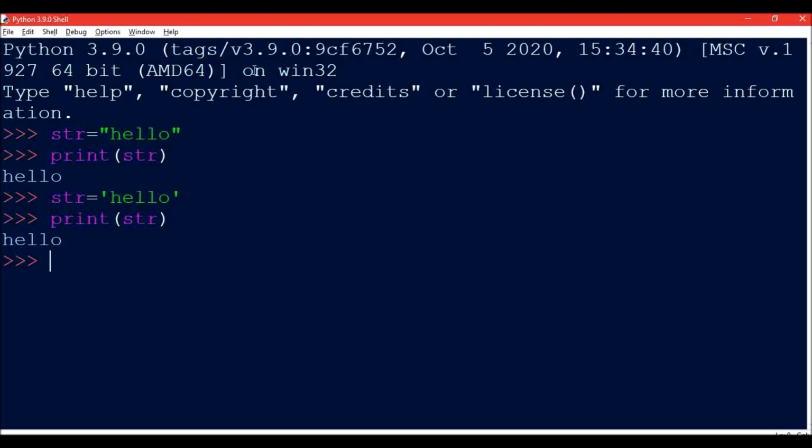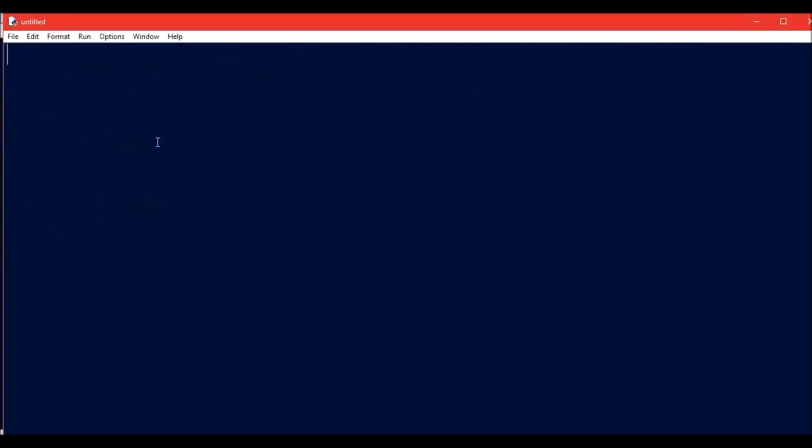So let us see this. For this, we will go to the script mode, and then we are going to take a string, let's say str, and in this we will be storing a string, let's say computer science. And then we want to access each and every alphabet of this string individually. We want it individually. So if we are printing the string like this, then it will come in horizontal order. But if we are traversing the string and we want the string to come vertically, then in that case we will be using a for loop.